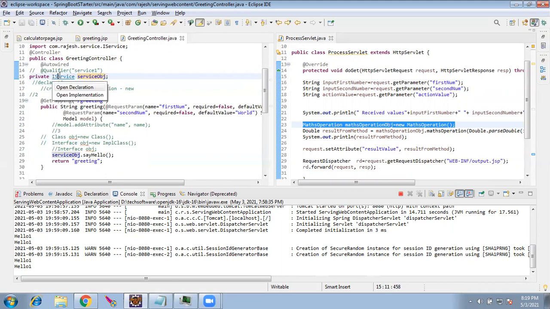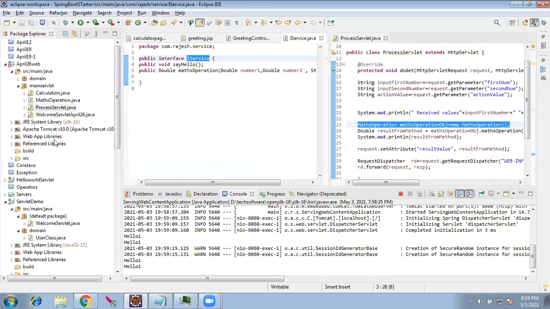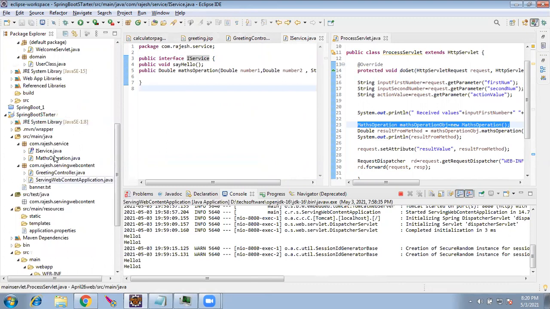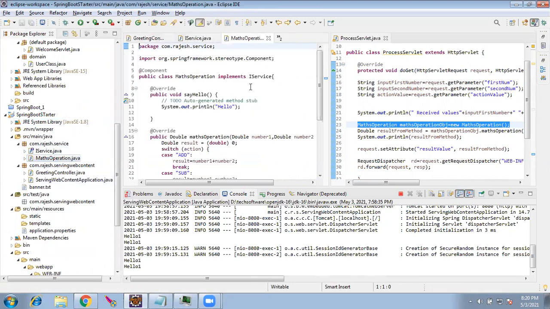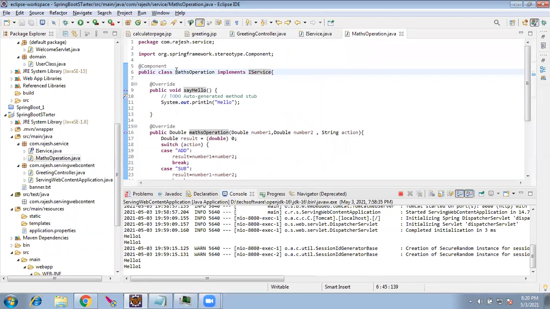And who is implementing this interface? This match operation. You see here, match operation is implementing the interface. So since match is implementing this interface, we just speak with this interface. When the program is running, that time Bean factory will automatically provide the object of this class.